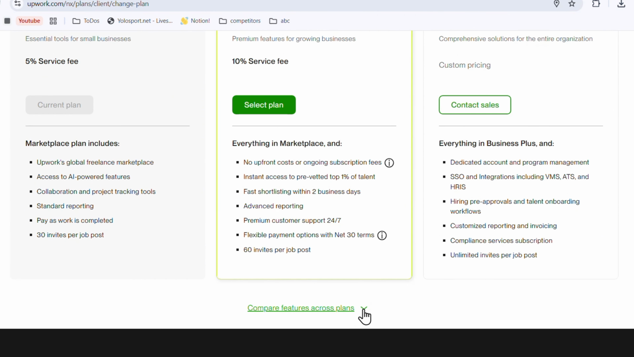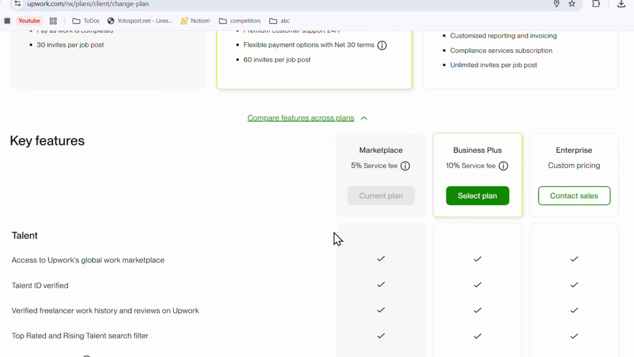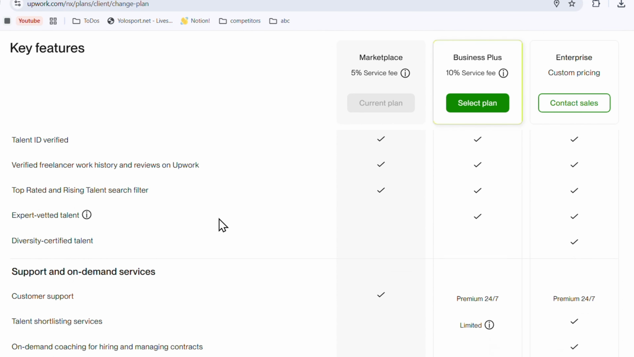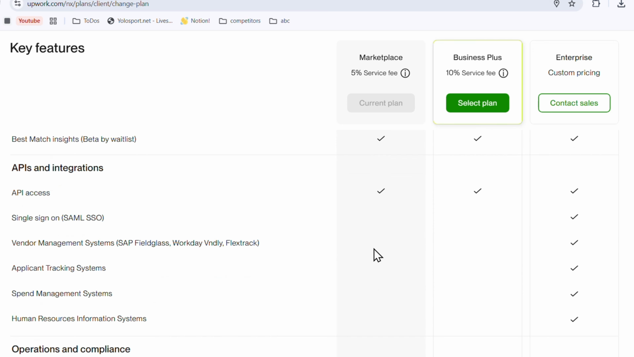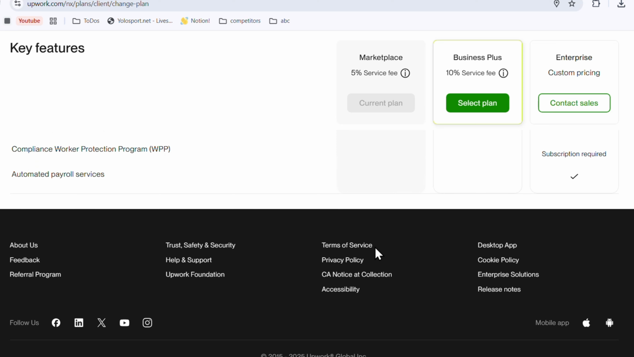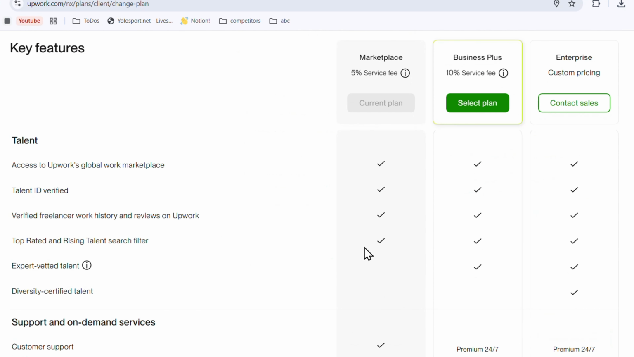You can click on this drop down here to compare plans more, so you can scroll down and now compare each and every feature in detail to see what comes between the three plans, so you know exactly which one is right for you, to see if the free one works just fine, or you definitely need to upgrade